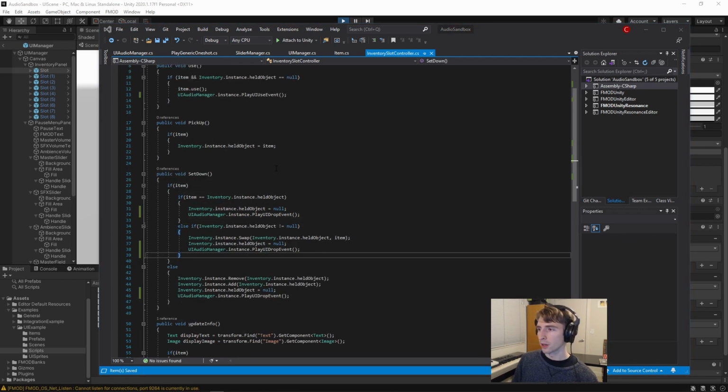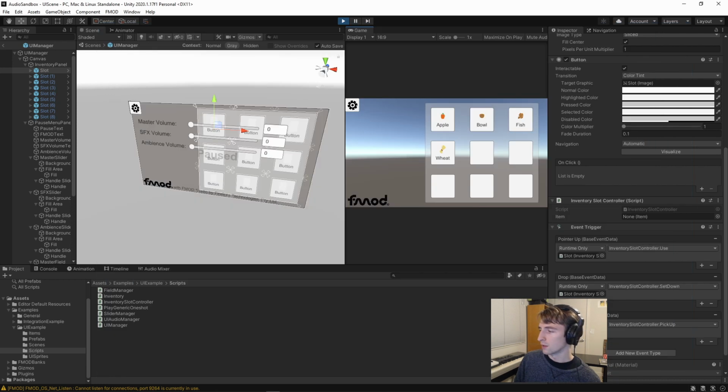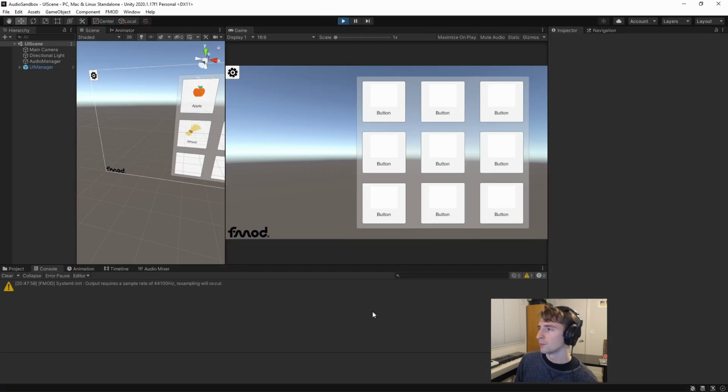Additionally, we'll want our drag sound if we start dragging an item. So in other words, if an item exists, then we can drag on the pickup command. And the pickup command is assigned on the begin drag event here. So now if I save and we hit play,